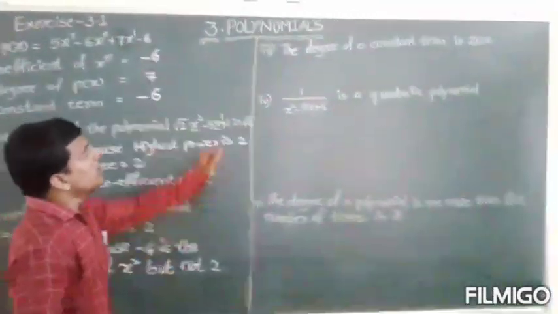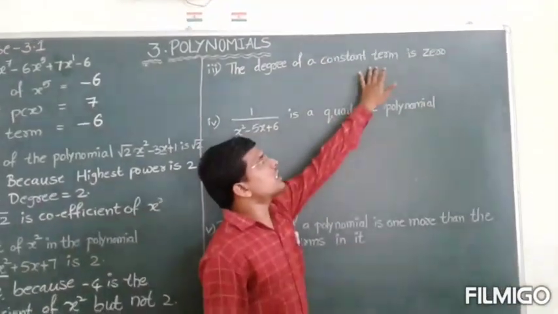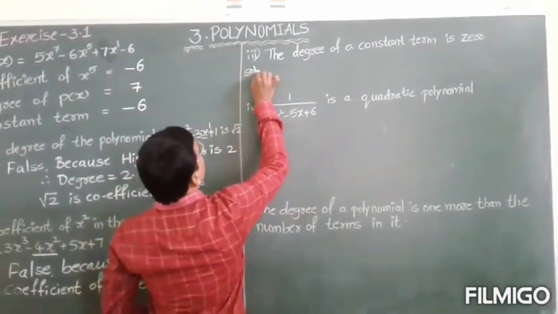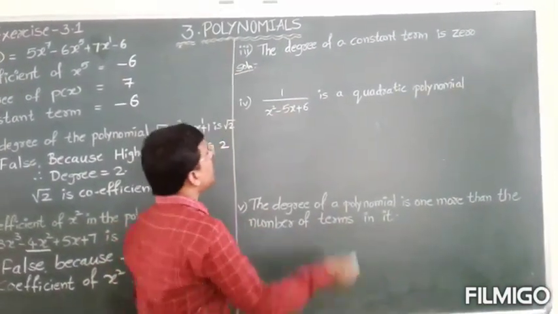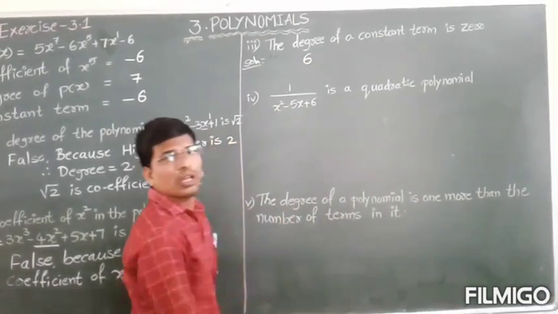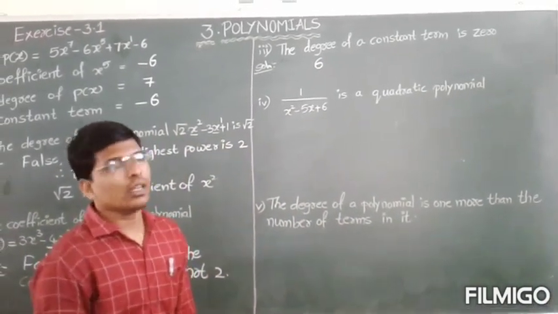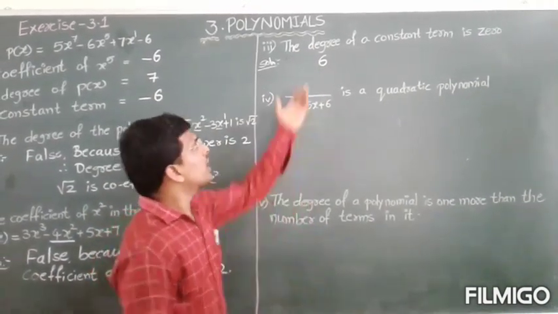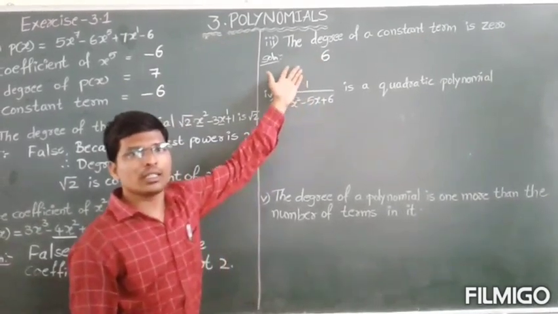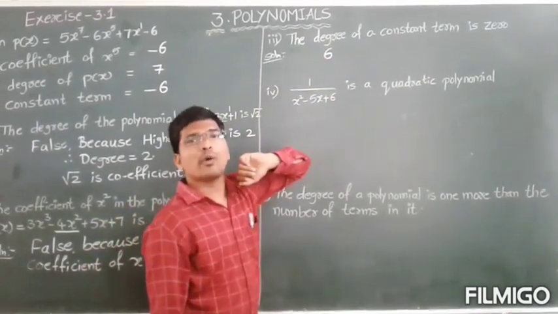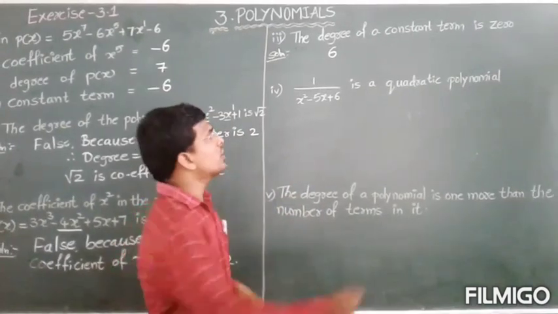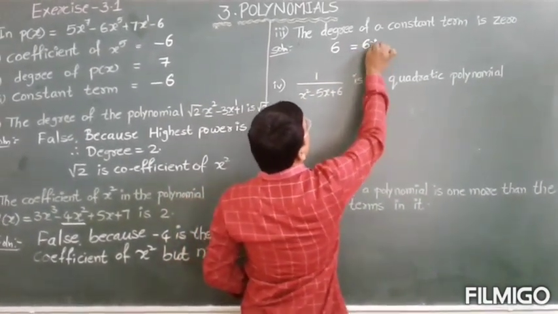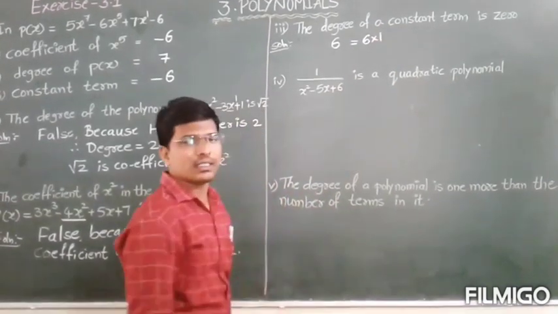Okay. Next, the degree of a constant term is 0. So what is mean by constant term? Constant term mean by just number, any number. For example, I am taking it as 6. So for this, what is the degree? Sir, for degree we will calculate only for variable, sir. Here variable only not there. So how can we find the degree? Yes, very good question. So this is the 6. We can write the 6 as 6 into 1.